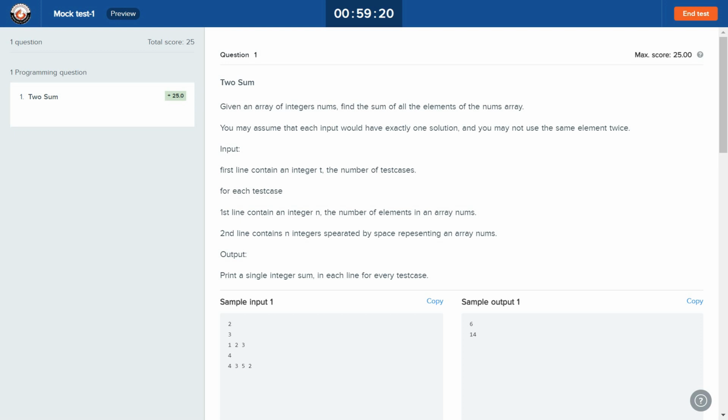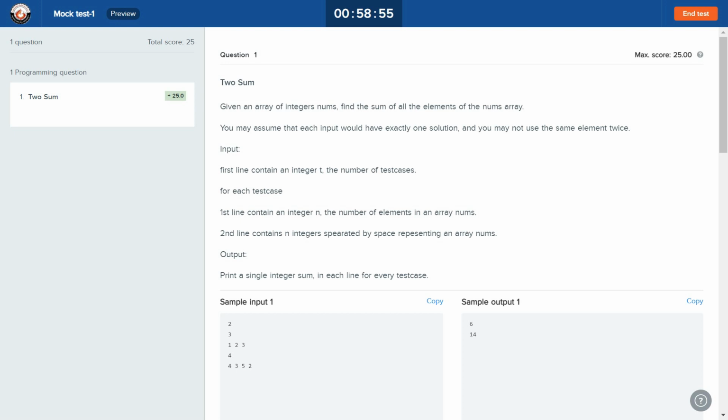So 1 plus 2 plus 3 is 6, and we have output 6. Then we have another test case in the same file, the second test case. The first test case was 3 and 1 2 3, and we have 2 test cases. The next test case is 4, that is 4 is the size of the array, and there are 4 elements, that is 4 3 5 2, and the sum of them is 14.